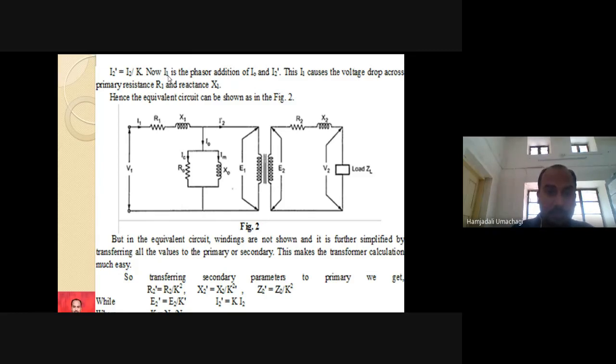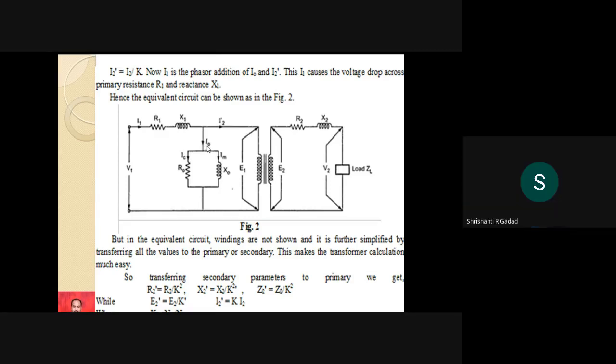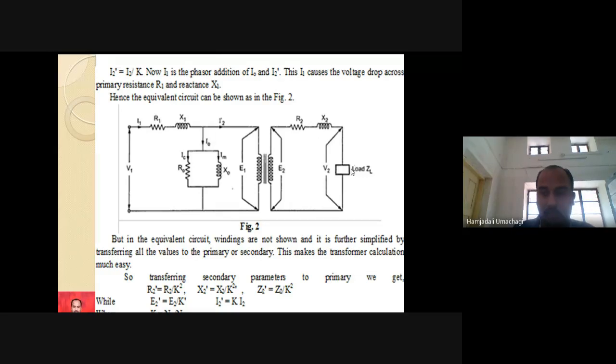What is this I1? I1 is the primary load current that is flowing on the primary side. And I0 is the no load current. Whenever we connect some load ZL here, this current I2 will start to flow through the secondary side, and it will draw extra current from the primary side, which we call current I2 dash. Now, primary current I1 is equal to the vector sum of I0 plus I2 dash.